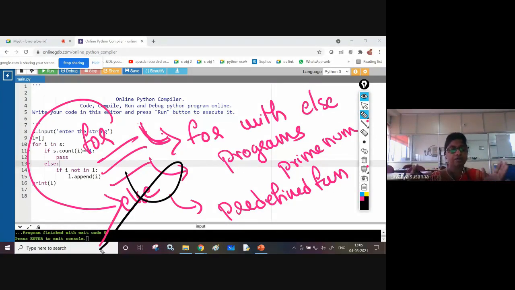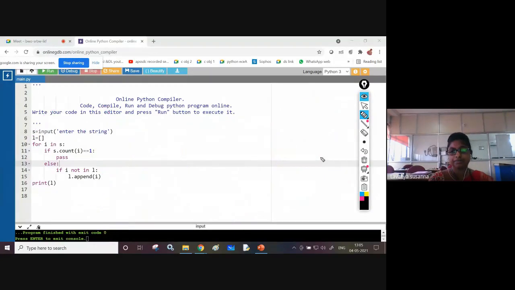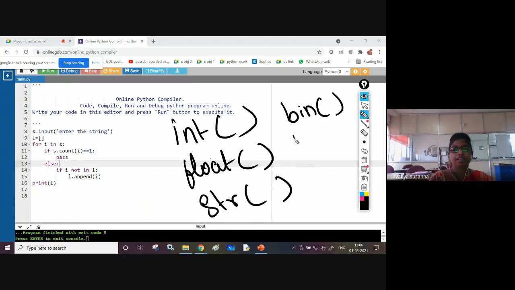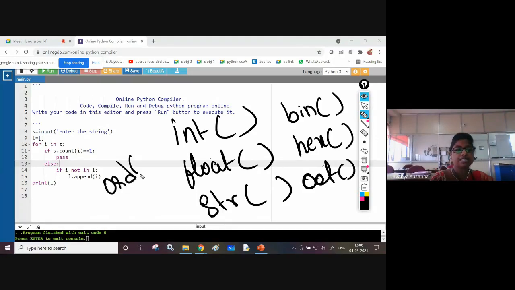Okay, this is what we have seen, and we have seen some of the programs like prime number, and some of the predefined functions like int, float, str string, bin binary number, hex hexadecimal number, oct octal number, ord function if you want to find the ASCII value.